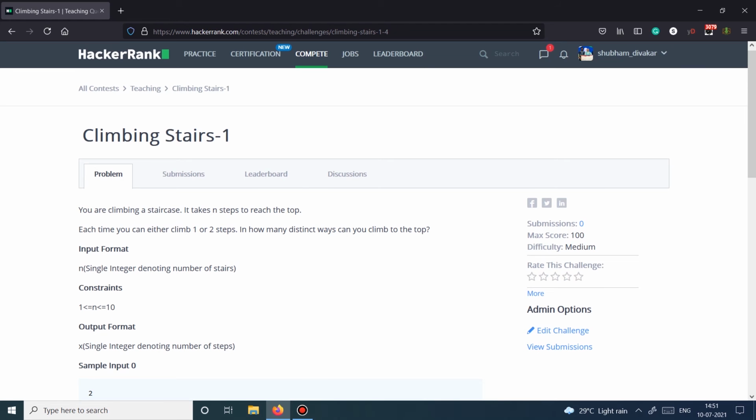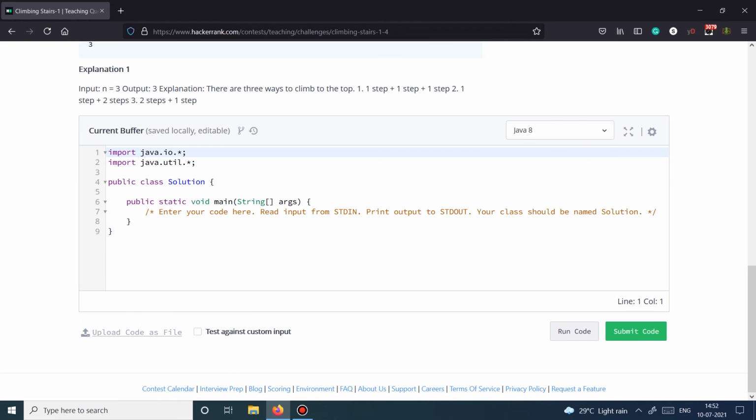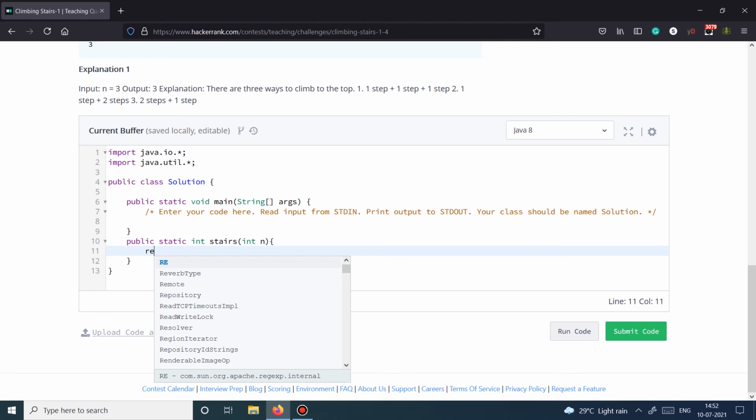Cool. Since we have already seen that the entire problem can be solved with the help of recursion, let's go ahead and code the logic which we have developed so far. We are going to write a function which will return the number of steps. Let's call the function stairs, which will take the number of stairs and return the number of ways required.